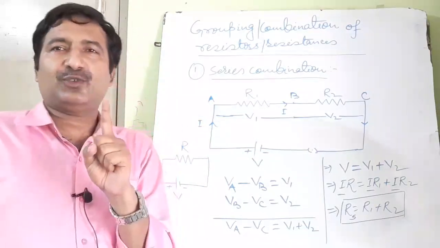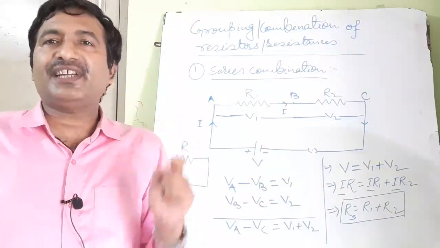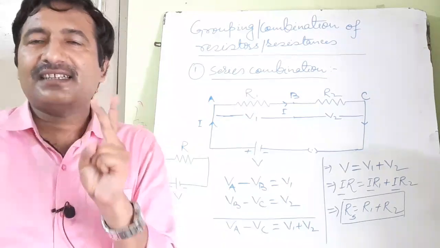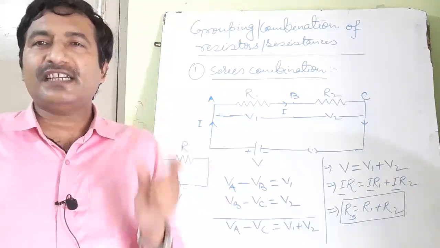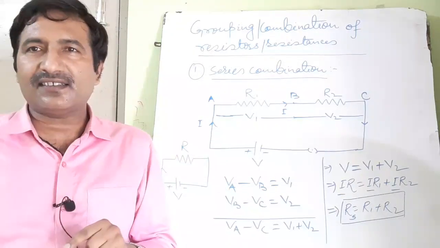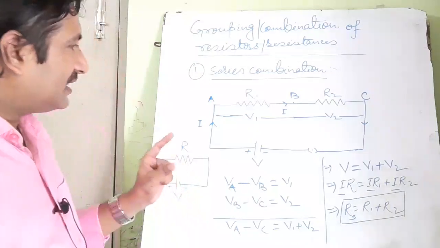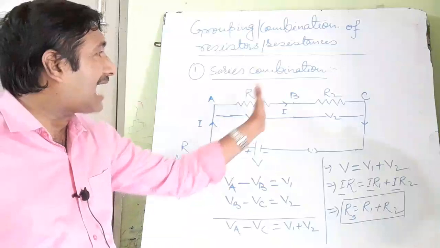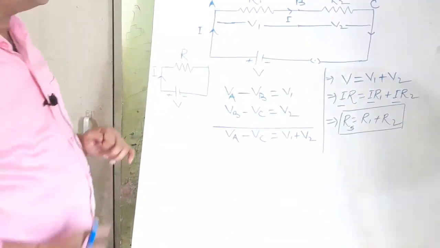One thing is concluded, that same current flows through each and every resistor connected in series. Second conclusion, sum of potential differences across individual resistors connected in series is equal to total potential difference across the combination. And third is that if R1 and R2 are connected in series, then how can you find